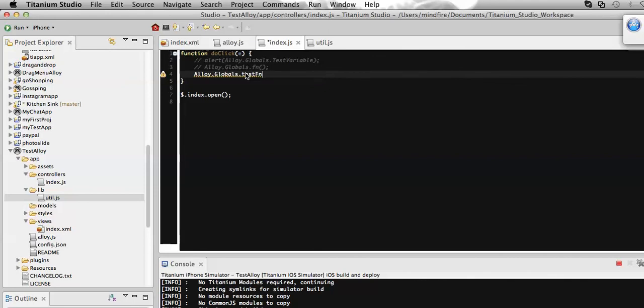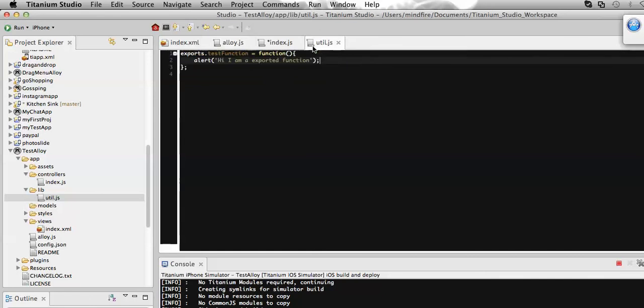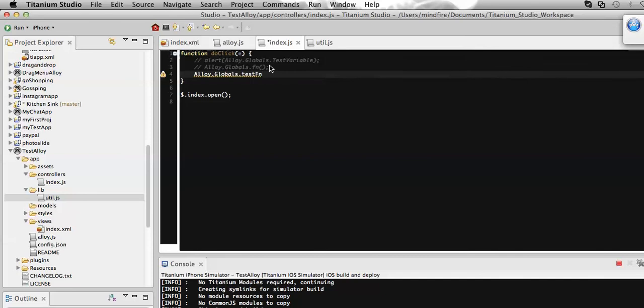Now here you can see that this is only the function variable name that is defined in alloy.js. If I need to call a specific function which is defined in this module or library, we need to call that function name which we made as an export. So I'm going to copy this name and paste it here. You can call this function like this,